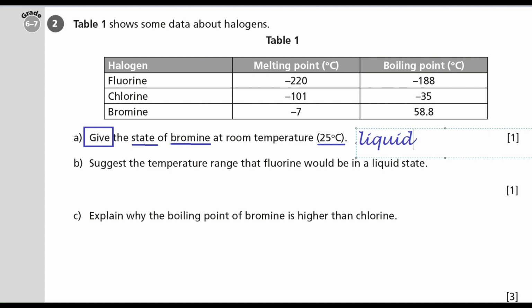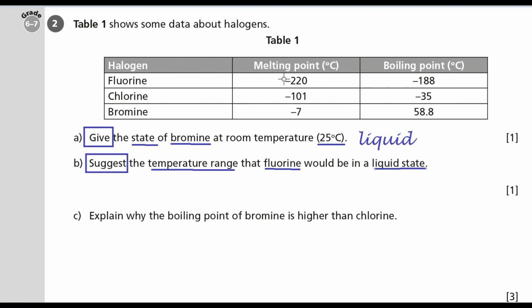Let's look at part B. Suggest the temperature range that fluorine would be a liquid. The command word is suggest. We're looking for a temperature range and we're looking for this to be fluorine in the liquid state. So, looking at the table above, fluorine here. Its melting point is